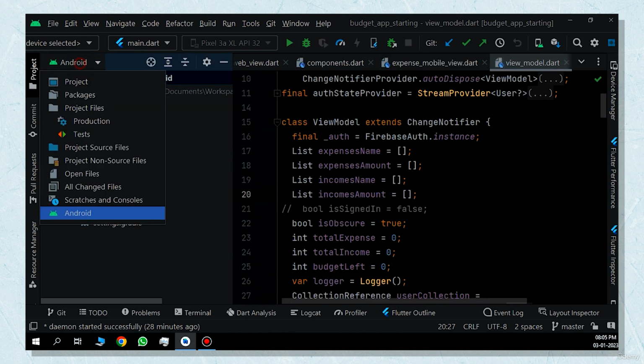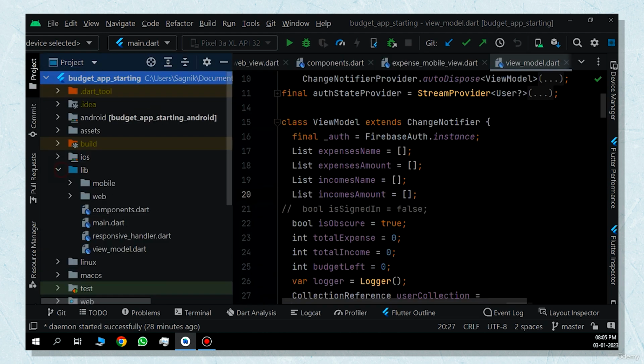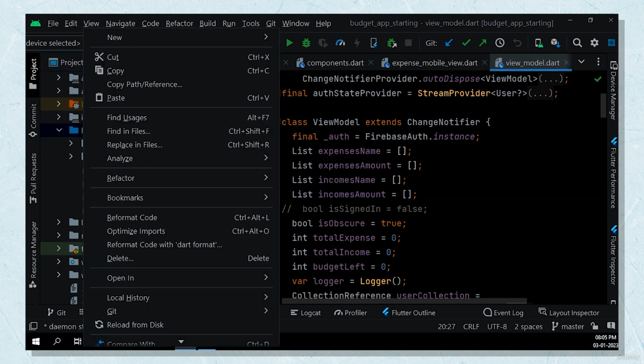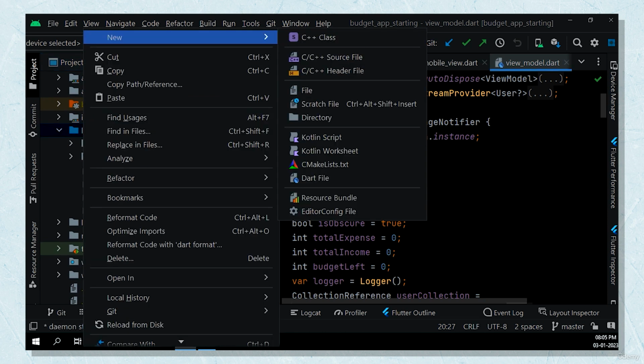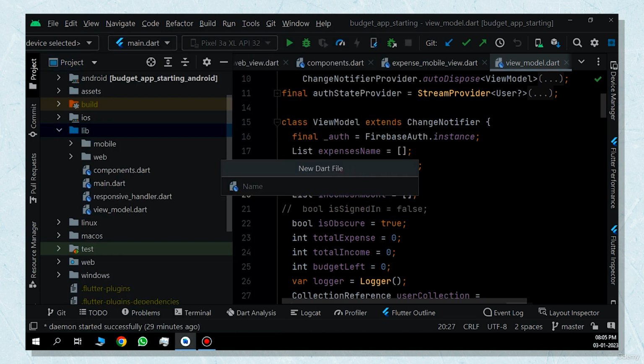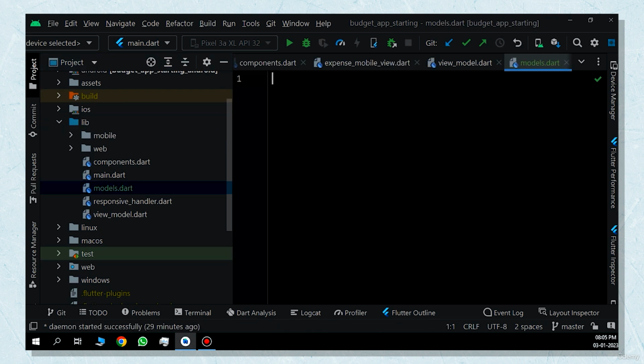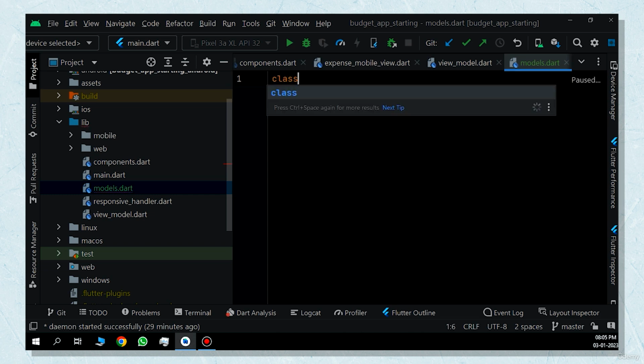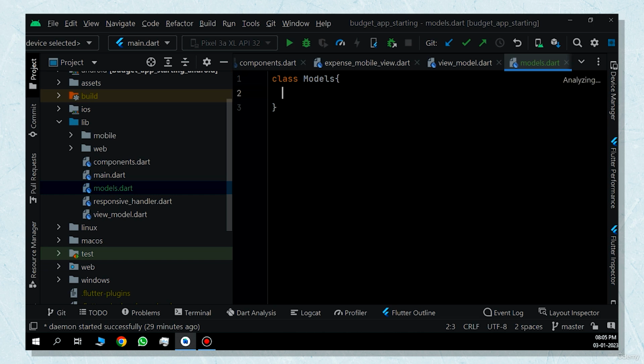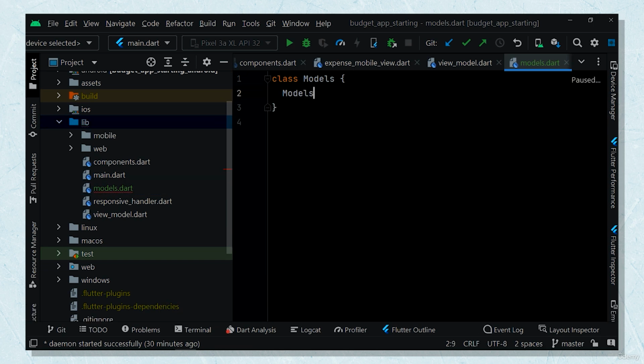Now, let's just start coding it. Right-click on the lib folder and create a new Dart file called models. For the incomes and expenses, we will need just one model. So I am going to create a class called models. And in the constructor, write required this.name and required